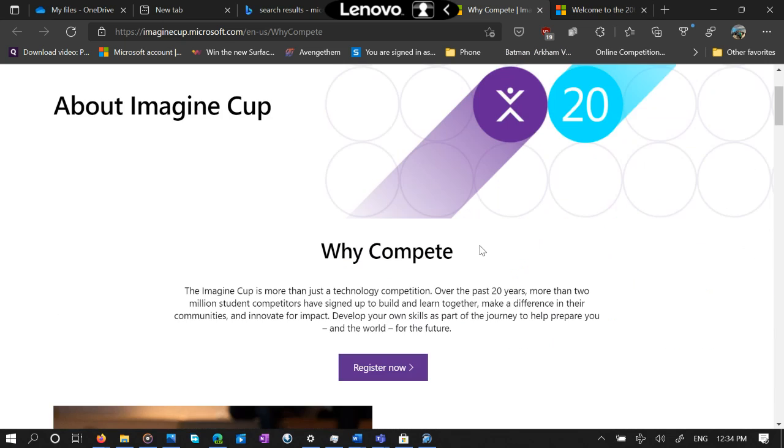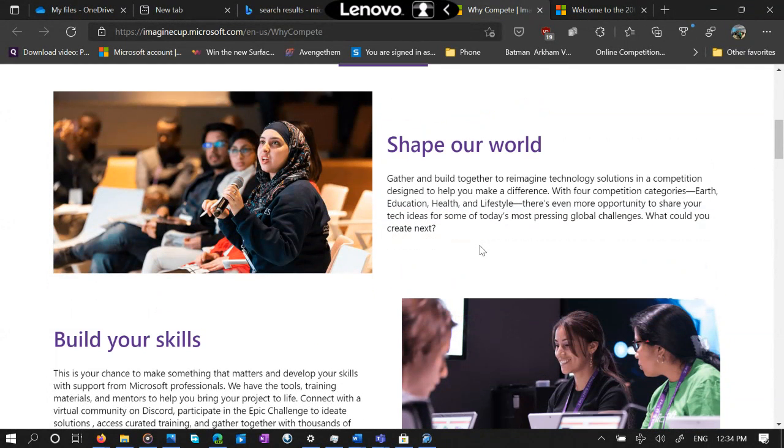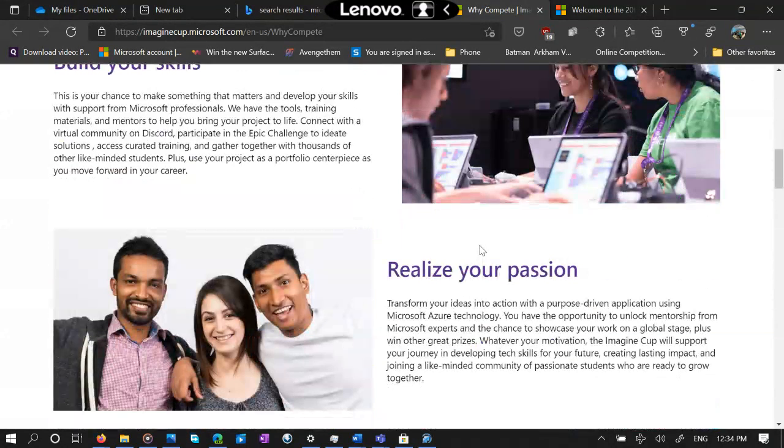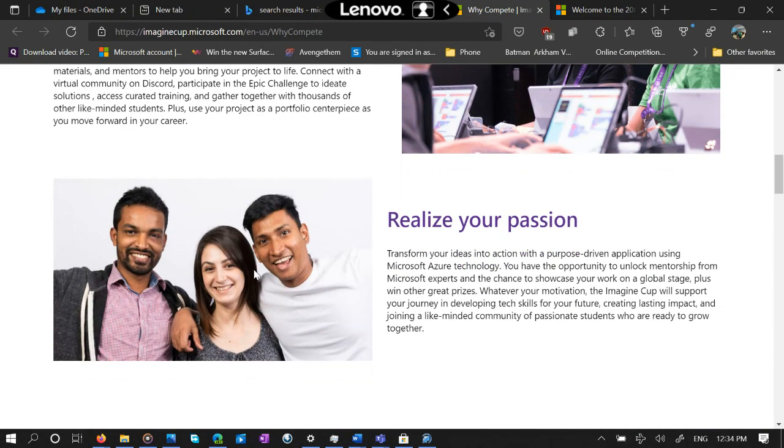Over here it's actually saying why compete: shape your world, build your skills, realize your passion. Trust me, competitions like this can unlock a huge part in just knowing what you want to do with the rest of your life or your career. I should know personally, I've been in a similar entrepreneurship competition, and it's sort of what set the path of what I'm still doing now as far as computer science and so on is concerned.